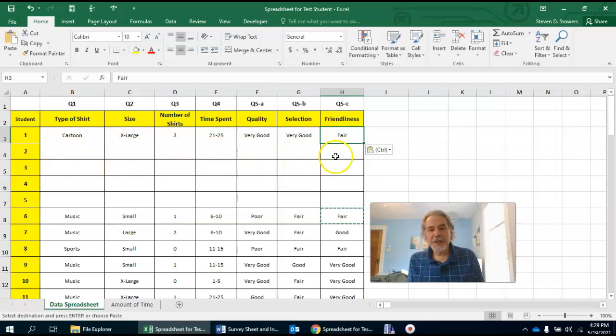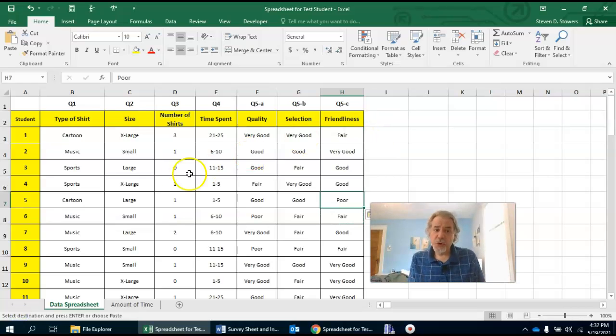Now we're going to fill in responses in the rest of the blank rows. So make sure these 5 blank rows get filled in with responses of your choice from among the choices available. Now, by the way, if you like using your keyboard, you can also press Control-C to copy and Control-V to paste instead of going up here and clicking where it says copy or paste on the screen. So once you have those top 5 rows filled in, save your work, click on the little save icon, and then you can exit out of Excel,